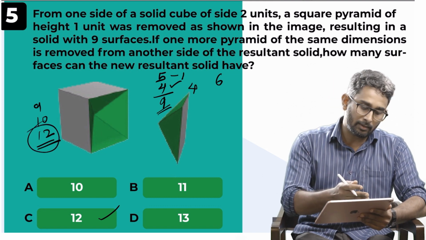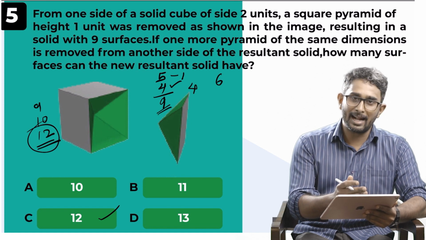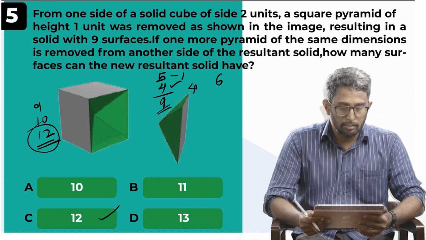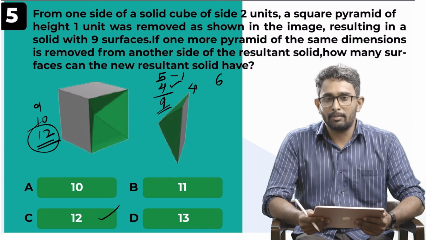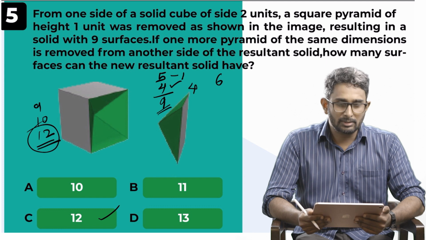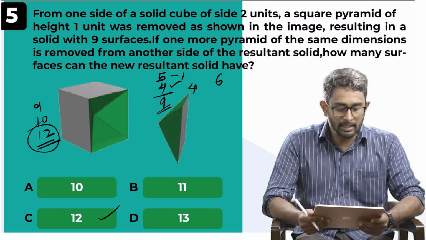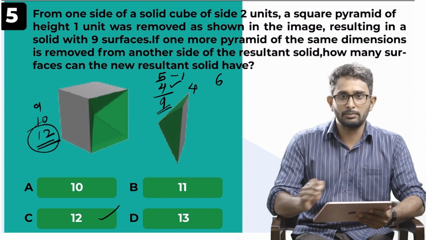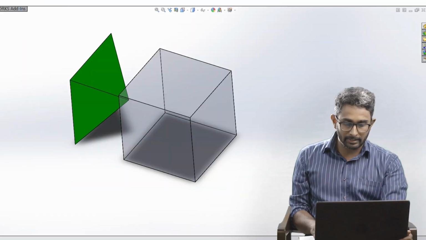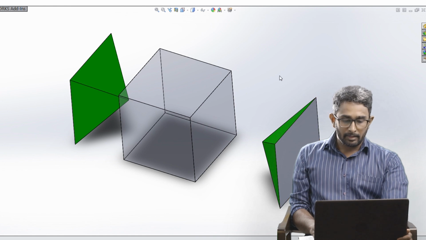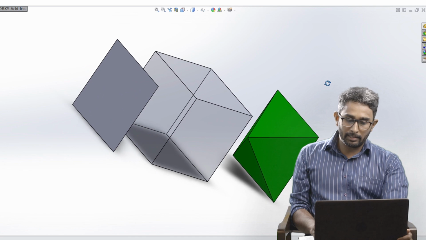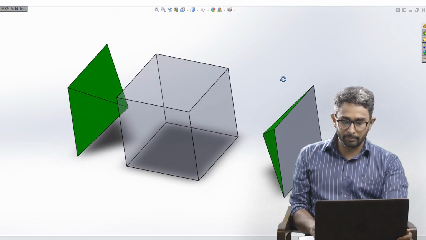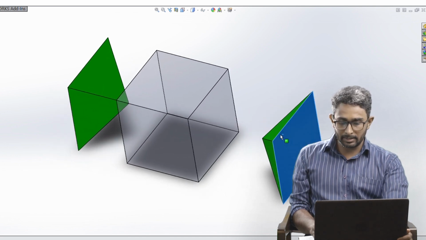What if we remove a solid pyramid from the adjacent side? So for better understanding, we will show you the 3D model of this shape so that you can get a grasp of the idea. Okay, so let's move on to the 3D part. We have made a 3D model of this same question. This is the first part of the question. If you are removing a solid square pyramid from the cube, this will be the scenario.